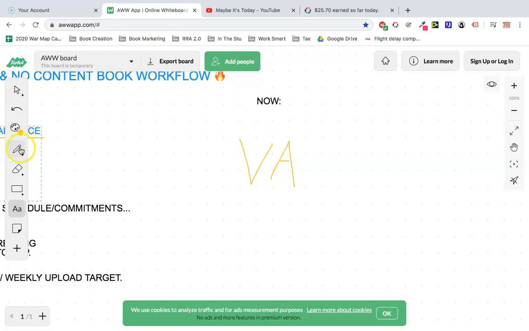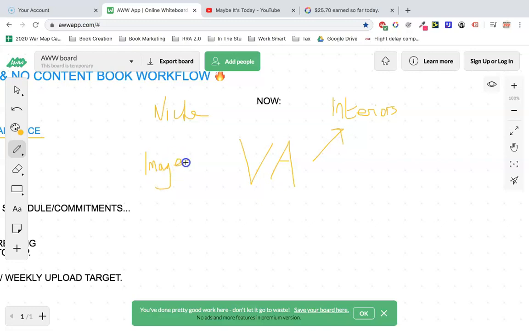So what I do now is, if I grab this pen, so the interiors, let's go back to the old school ways without the typing. Let's just do this beautiful thing. So the interiors, the VA makes, but all I give to them is I tell them which niche I want them to be in. I give them the images, so I'll make sure that the images are copyright free. And these are the only images that the virtual assistant is allowed to use in the books and on the covers. I also tell them what the interior should be.